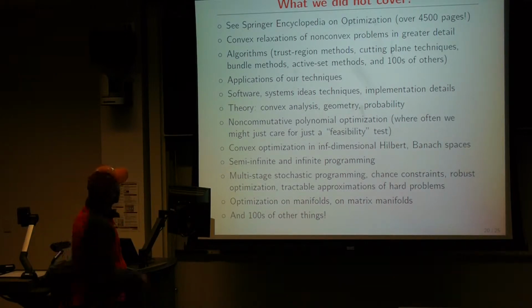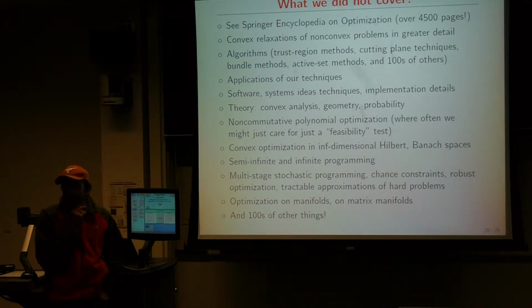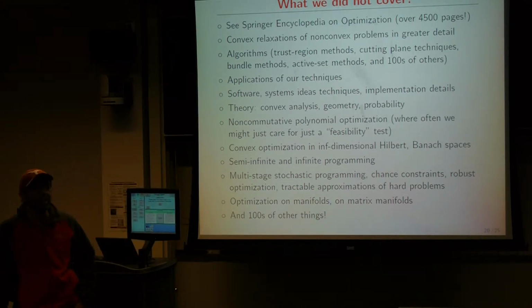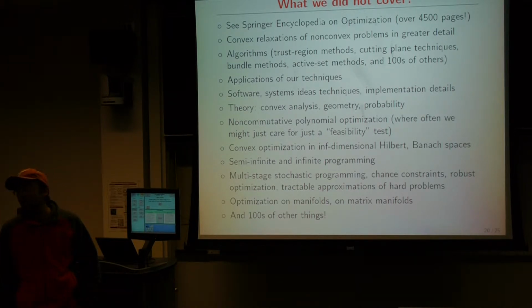I have previously shown this slide also, but for those who are interested in viewing, just getting a crude idea of how big optimization itself is beyond the kind of optimization we saw for machine learning. There's a small little encyclopedia, 4,500 pages from Springer. It's not a very useful encyclopedia except the table of contents that shows you a list of topics. You don't need to read the documents, but getting topic labels is good enough to gain an idea.